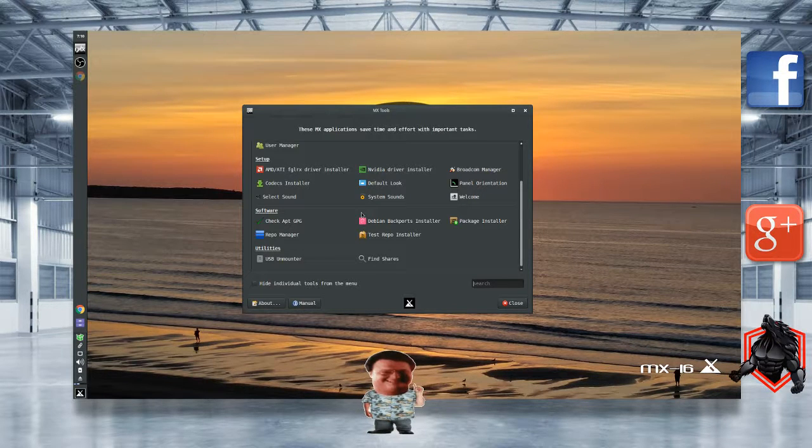OBS wouldn't install and it failed, and I will show you why in a later video towards the end. I had to compile OBS from the Git repo, and it's just not performing as well as it's supposed to.